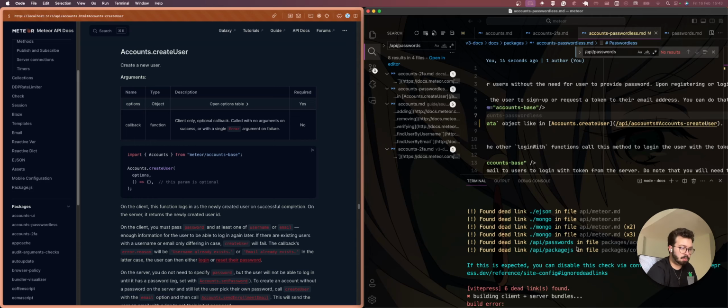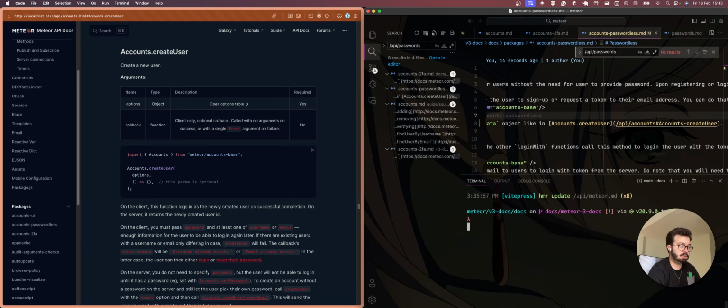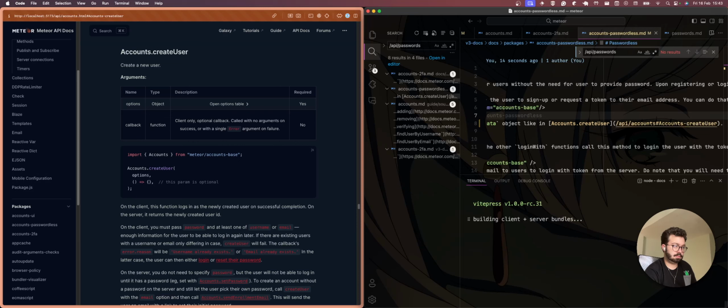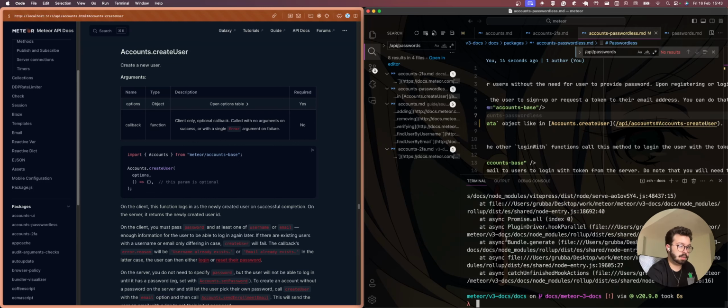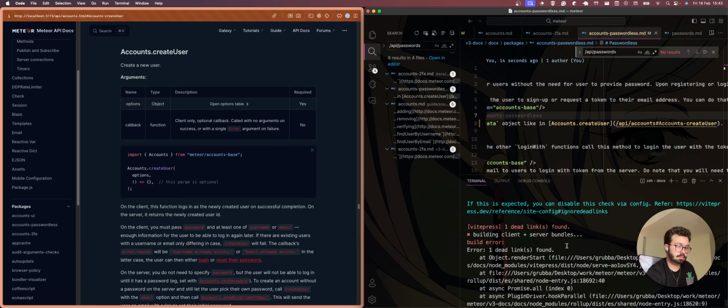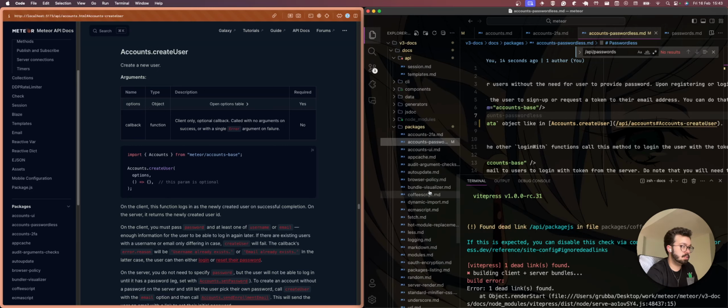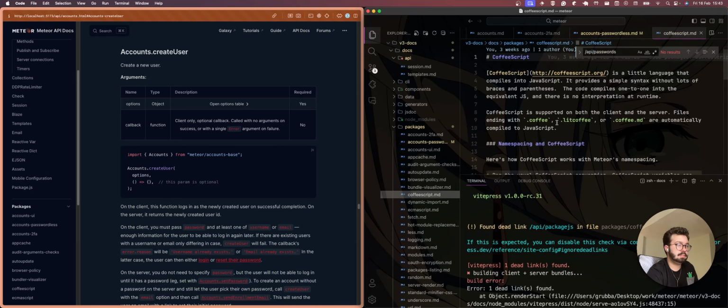Well, I think now I can do something like this, and there are no dead links, hopefully. Oh, there are some links. Oh, in packages, coffee script. Yeah, why do I still have this, right?